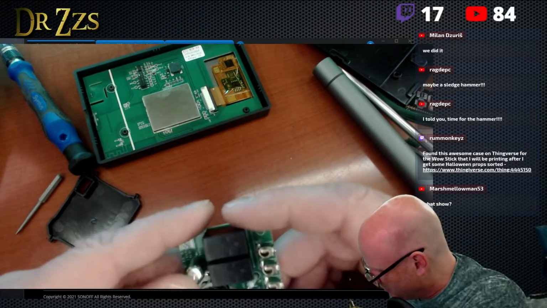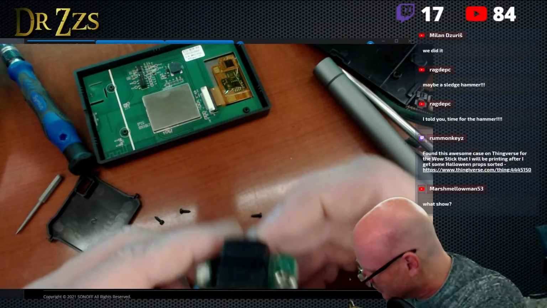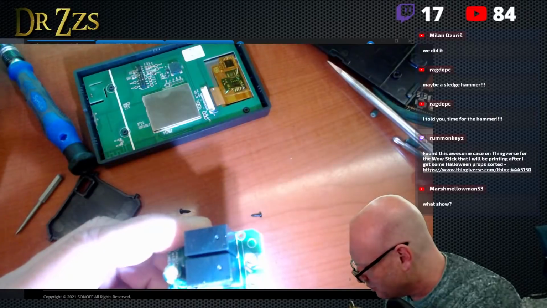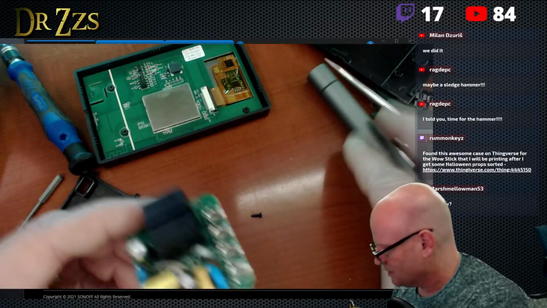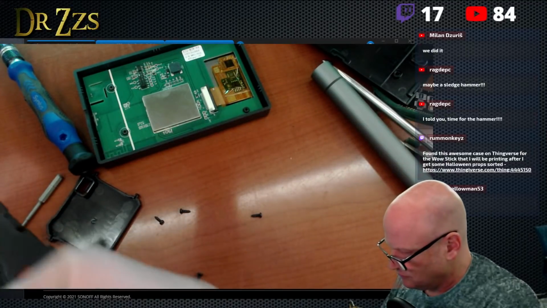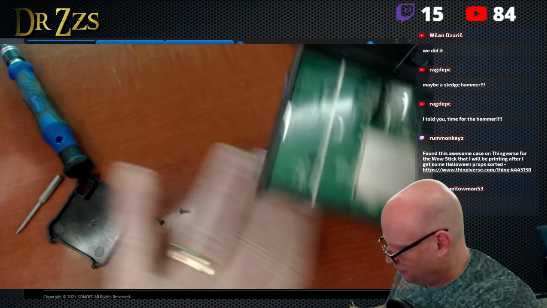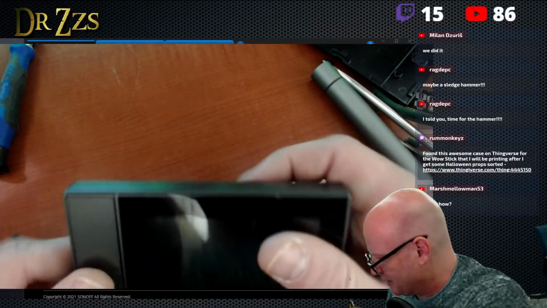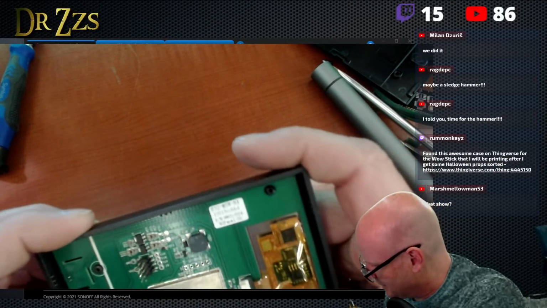I don't see an amp rating written on them, but I would expect they're 10 or so. There's something written there, but I can't read what it says because my eyes are old. 10 amp, 250 volt. Okay. Well, that's cool. That's that part. So this is the meat. This is where all the hacking goes. This is where we want to get the hacking done.